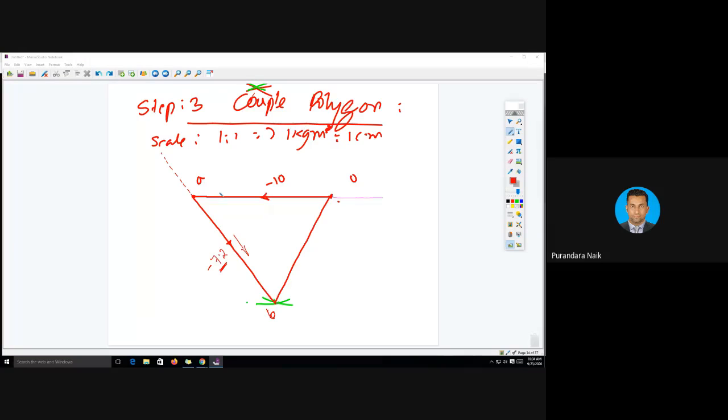And the angle is to be measured here at A. This is B, right? Theta B from the reference line, this horizontal line, to this point. This is theta B, not up to here, because it is minus 7.2. So the angle is to be measured in the positive direction only. This is the positive direction. This is the negative direction. See here also, we have taken minus 10 in the negative direction, opposite, but the angle is 0 degree. Here also, the length we have taken in the negative direction, but the angle is to be measured in the positive direction. That is theta B. You now tell me the theta B value.